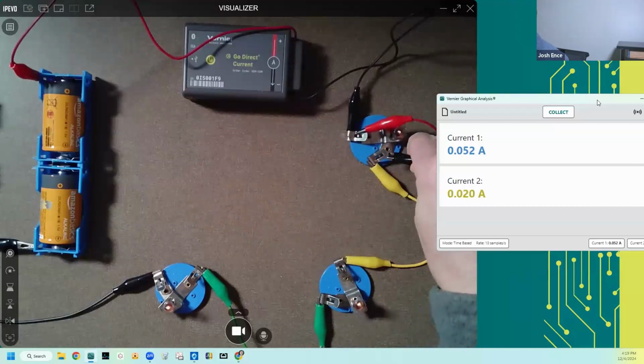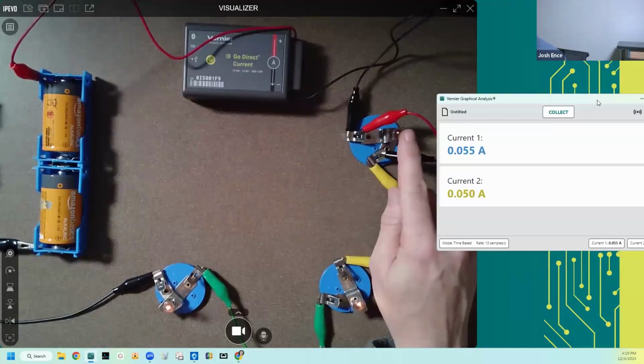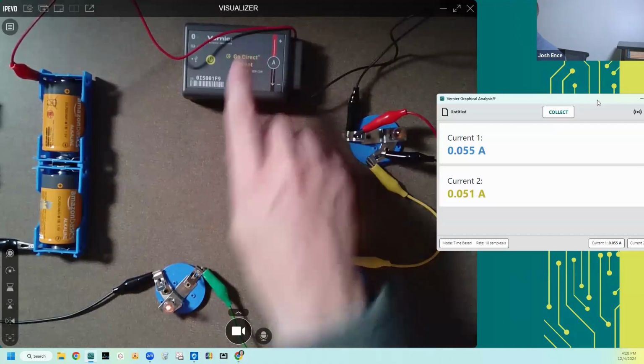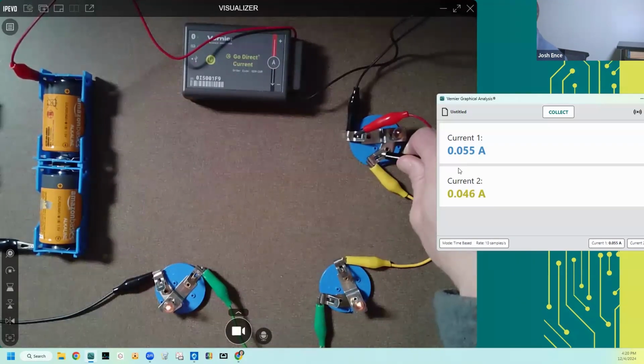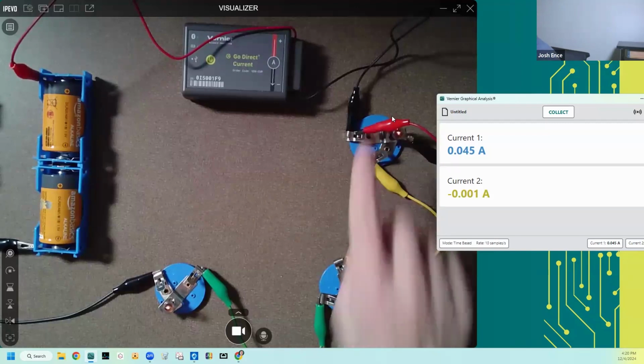And when I do that, whoa, wait a minute. I see that my bulb, the bulb I'm trying to measure, actually went out. And these two other bulbs actually got brighter. And I can see that the current reading as well changed. It's different than what it was before. I disconnect this and now it goes back to 45, 46 milliamps. So probably that was not the correct way to measure the current through this bulb.